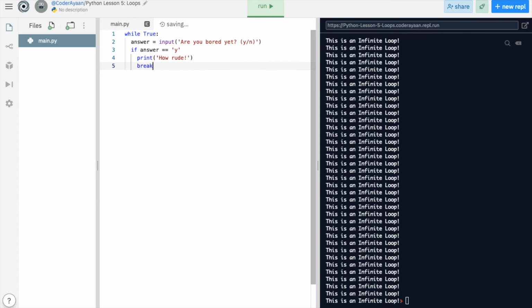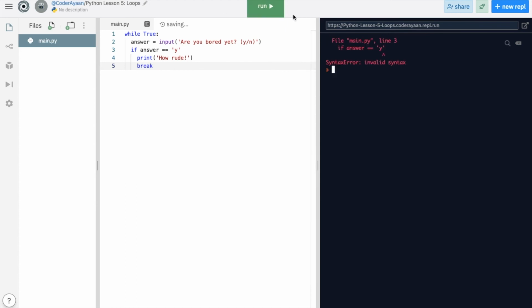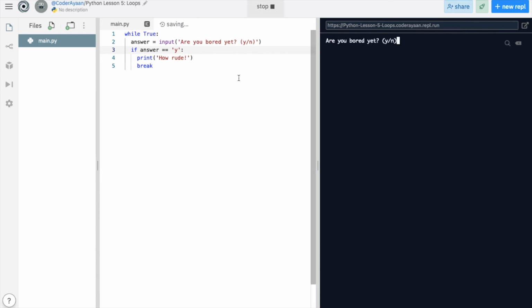And it'll break the program, like this. Oh yeah, whoops. Don't forget to add a colon after if answer. See, the computer is asking us, are we bored? If we write y, it will say, how rude. But if we print no,